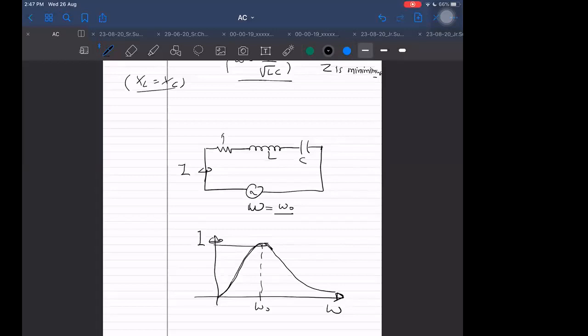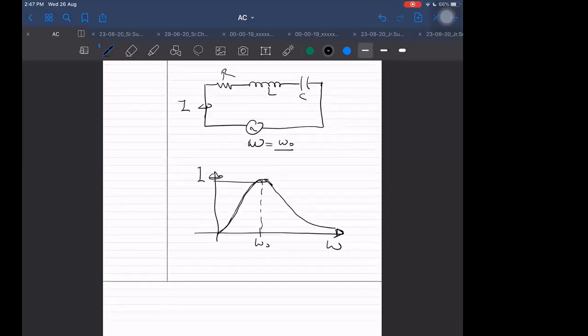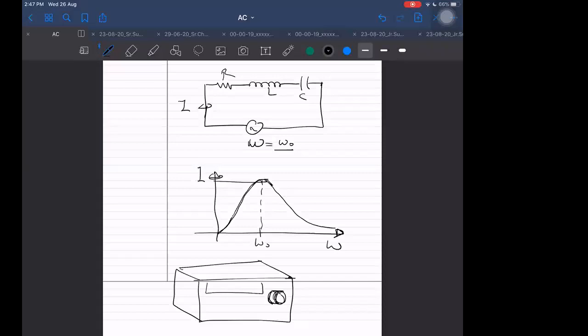Now, it has an advantage. In radios, in old radio sets especially, there used to be a knob, and we would turn it. You may not have seen those radios. In fact, have you seen radios in which we turn the knob and a particular channel is played? Yes, sir.